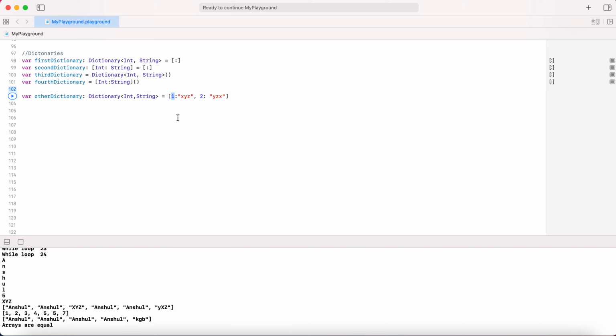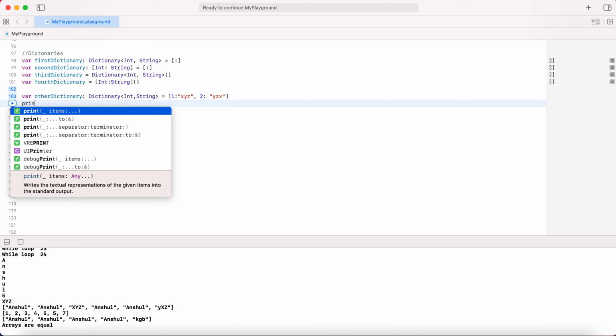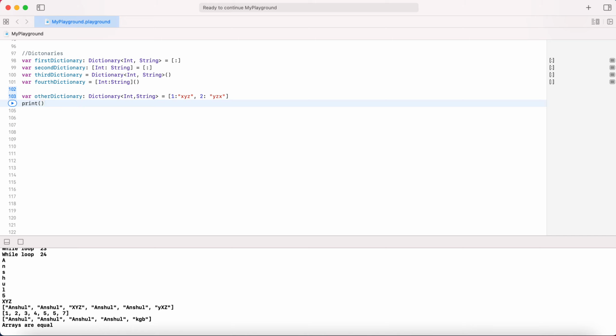So this is our key, which is integer, and this is our value, which is string, and multiple values are separated with comma. If you print this other dictionary, let's see what it will look like.